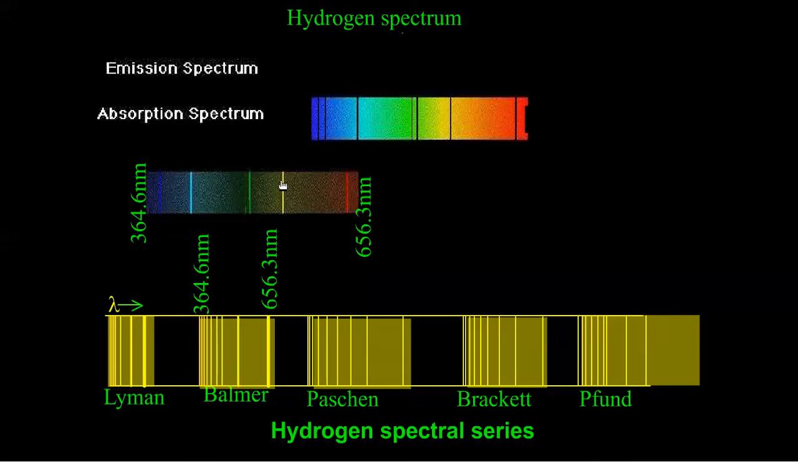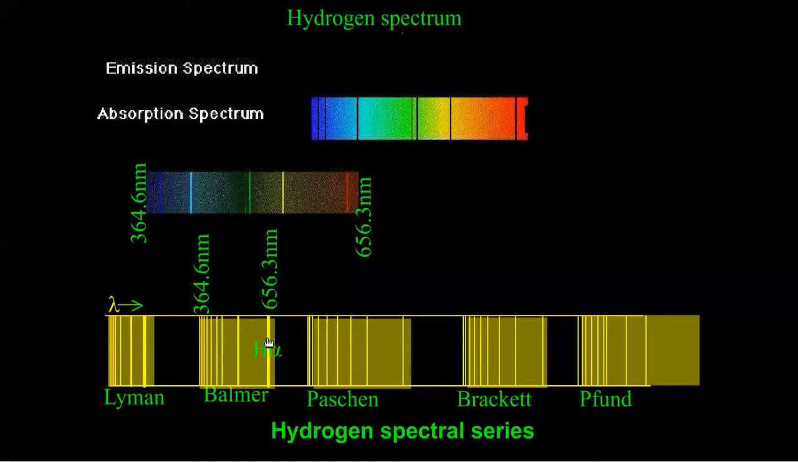So here let us consider this Balmer series. The Balmer series corresponds to the visible spectrum. The wavelength range of the visible spectrum is from 364.6 nanometer to 656.3 nanometer. Look here, this line corresponds to this red color, and of course this first line is called the H